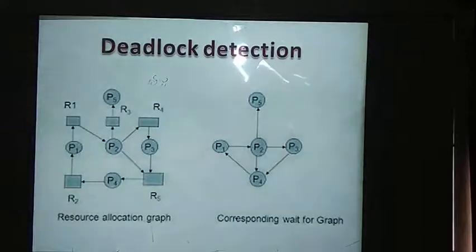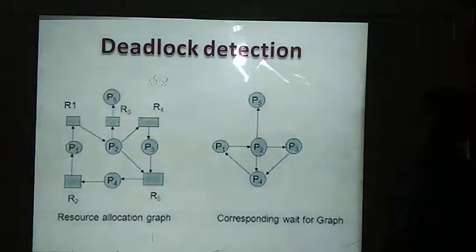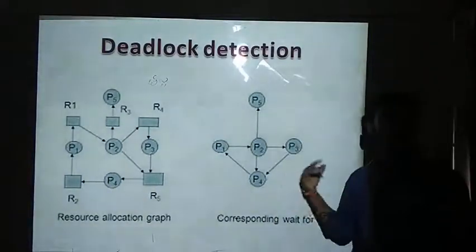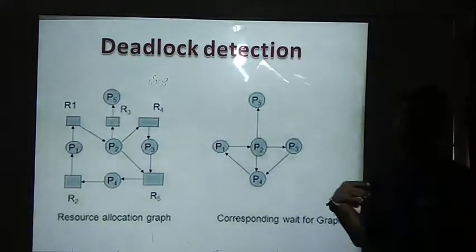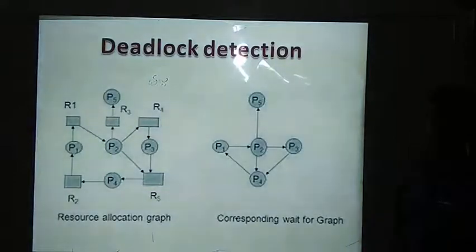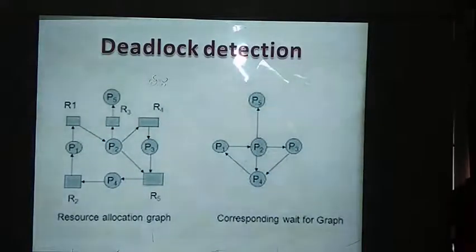I can say the usage of the deadlock detection algorithm depends on the following factors: the frequent occurrence of deadlocks and the effect of deadlocks on the other processes. These are the two factors for using this detection. How many times deadlocks will occur, and which processes will be affected if we get a deadlock situation, should be taken into consideration in order to avoid deadlocks and to complete the processes in a successful manner, so that it should not affect any other processes or resources.